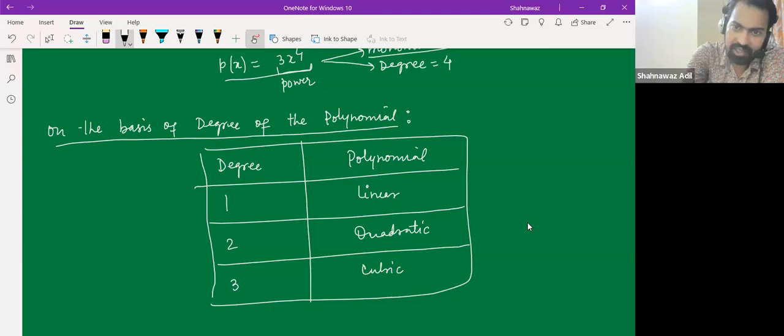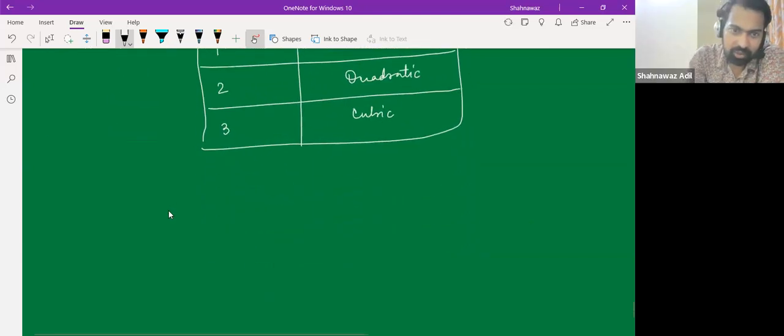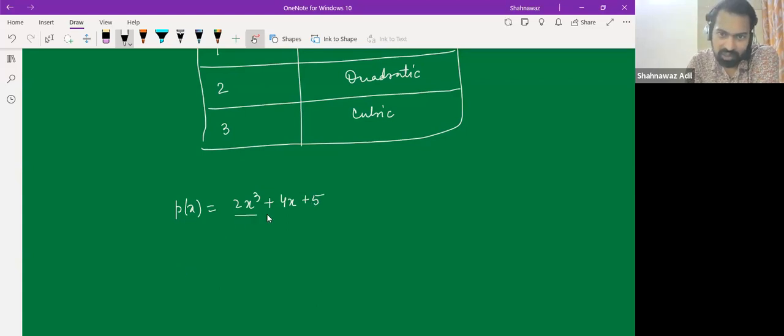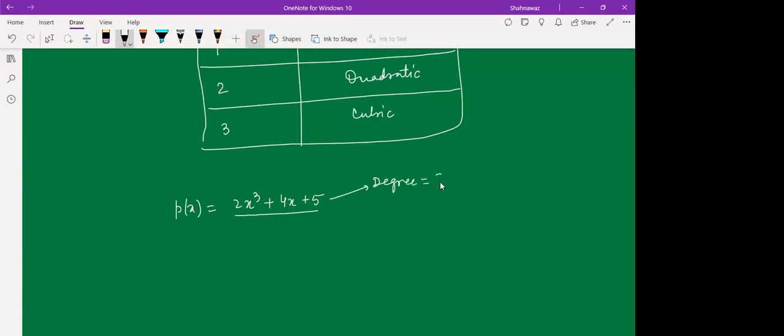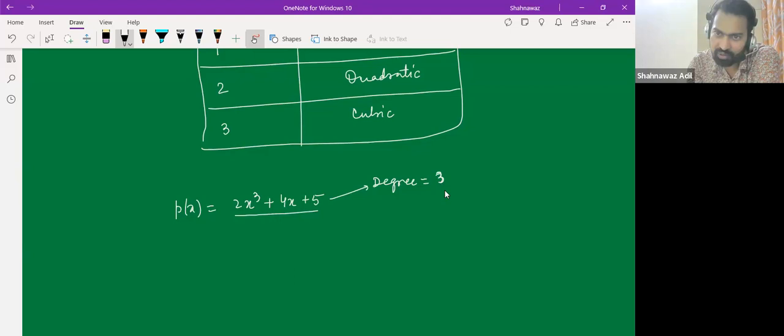Yeah. So let's say that I write a polynomial like this: 2x cubed plus 4x. What is the degree of this polynomial? So 3, right? Absolutely correct. So 3 is the degree, so it's a cubic polynomial. Yes, absolutely correct, Harsh. So cubic polynomial,